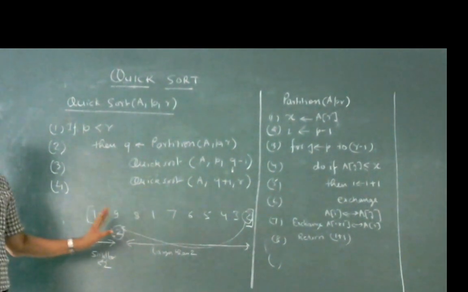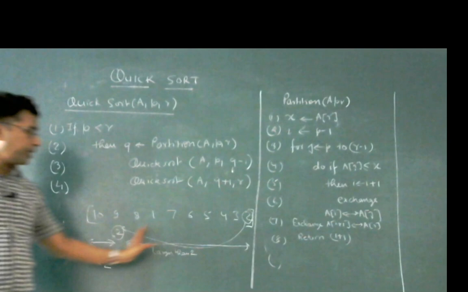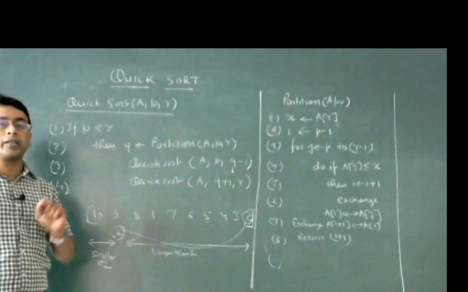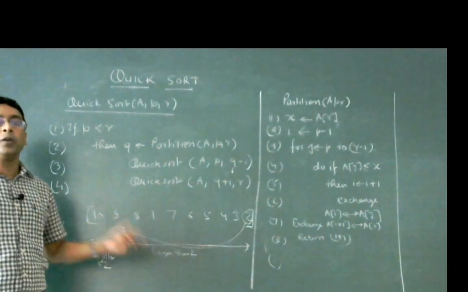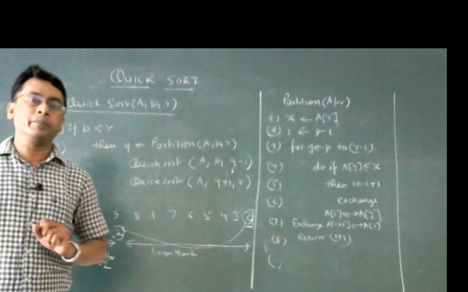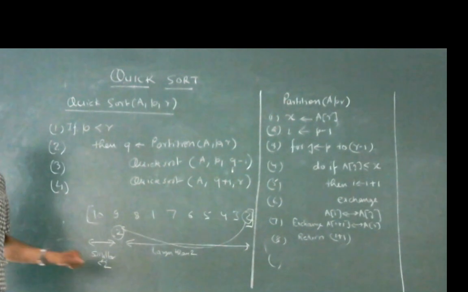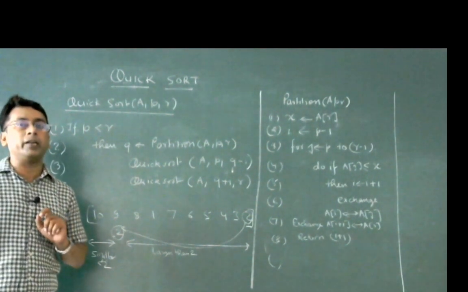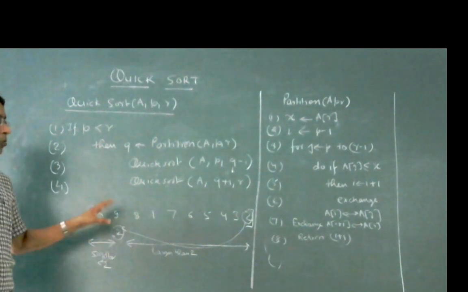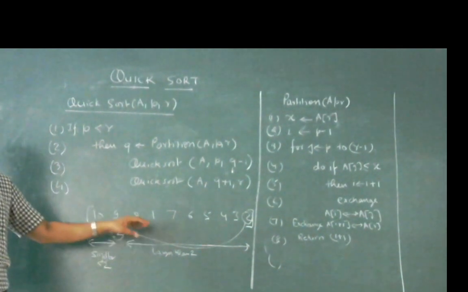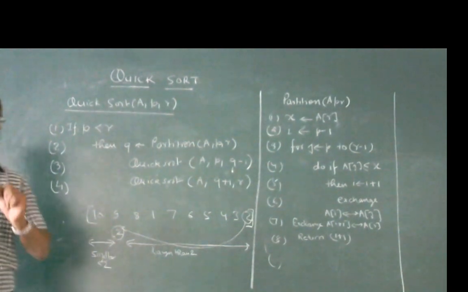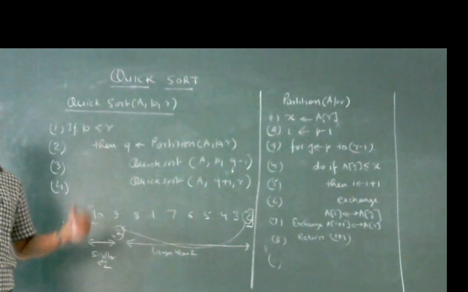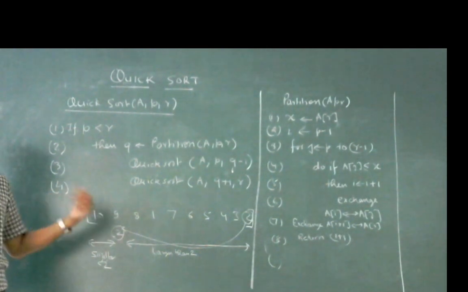Here we have not sorted the right hand side, where there are elements greater than 2. They just satisfy the criterion that they are greater than 2, but there is no order between them. Similarly, on the left hand side the elements are smaller than 2 but they are not in order. But we are not interested in sorting all the elements; we are just finding out the position of the particular element in the sorted array without sorting the whole array.